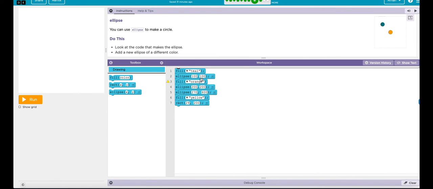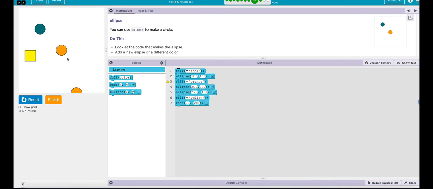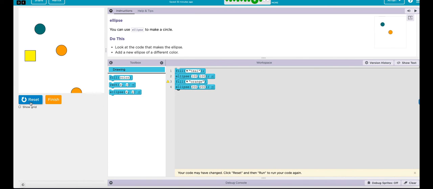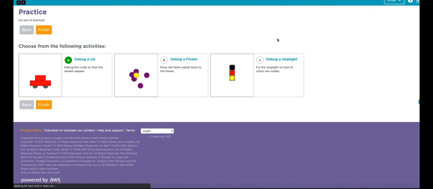And for our next activity, it's just different colors, and what you want to achieve is the teal circle on top up here and the orange circle over there. It starts off like this, so obviously you want to get rid of the yellow one, and you also want to get rid of this orange circle over here. And that looks fairly similar to the image over here. Play around with it. Once you're done, click finish. And that would be the